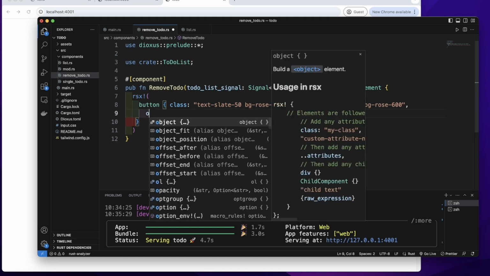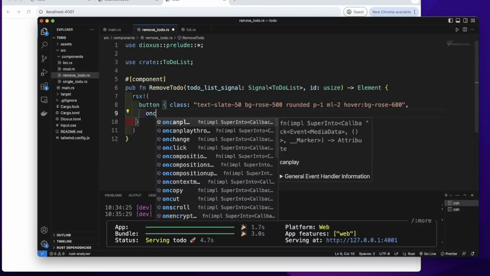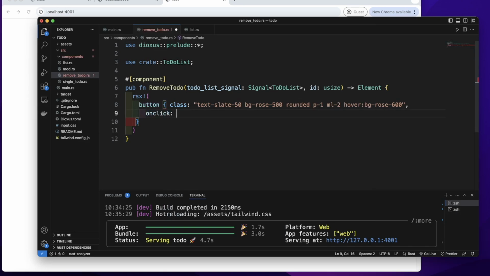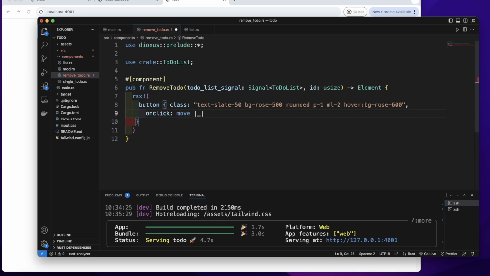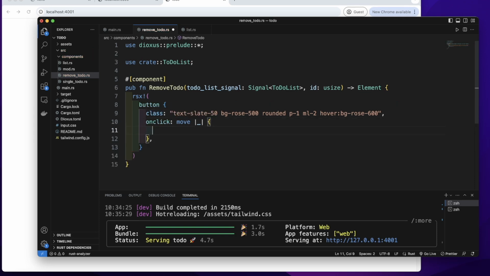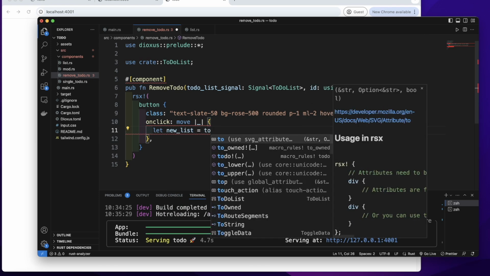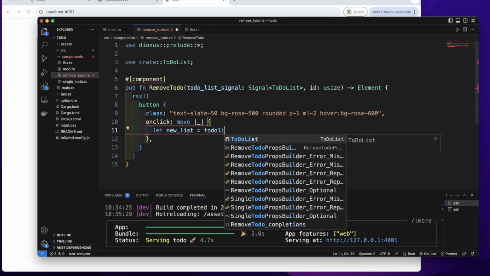Let's add an on-click event. Let's create a closure. We will move the ownership to the closure. We will not capture the event. In this closure body, let's create a variable, give it a name new list equal to. We will use to-do list